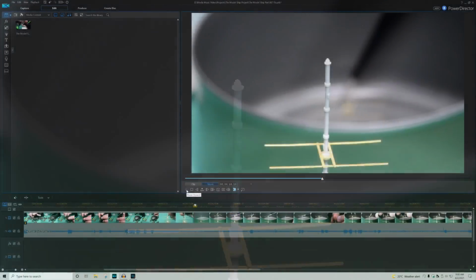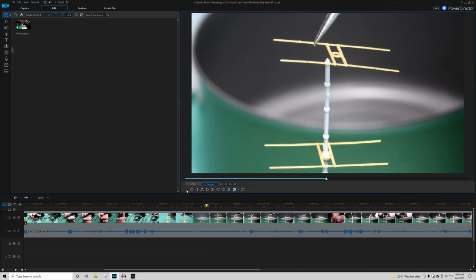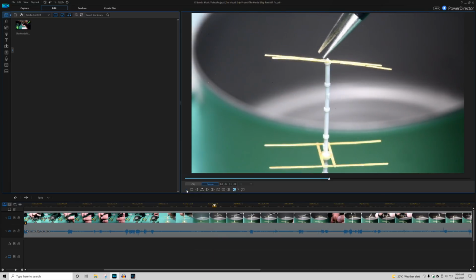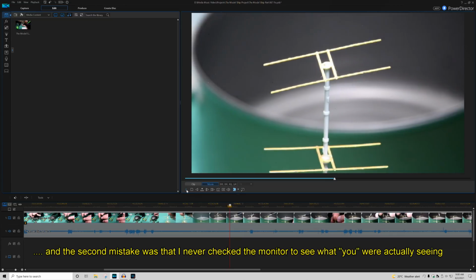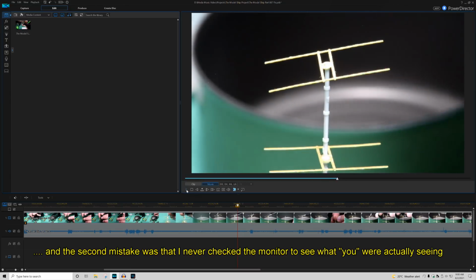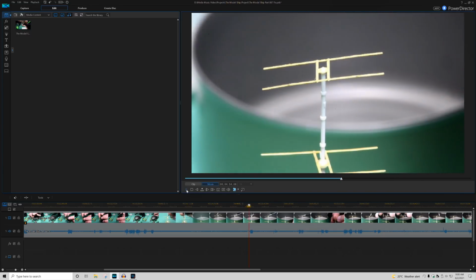Now here is where I've made two mistakes. First mistake is I've got a dark background, in other words the inside of that tin can, and a very light foreground, which is very small, that the light meter in the camera really isn't reading. It's basically reading the dark background. So consequently our subject is very overexposed. Now I will try to adjust this, but you know, if something is completely washed out...